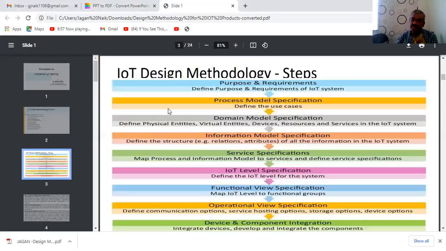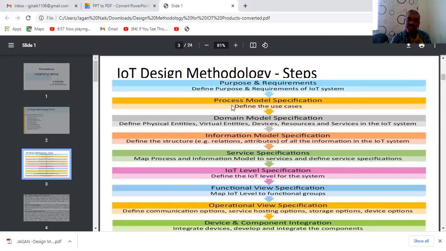So in the IoT design methodology, for the purpose, we are going to define the why: what is the need of the automation, what is the main purpose of implementing the IoT system, and what are the requirements of the IoT system that we need to define initially.